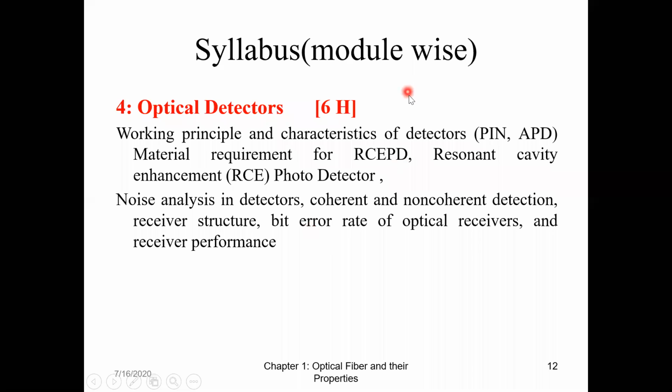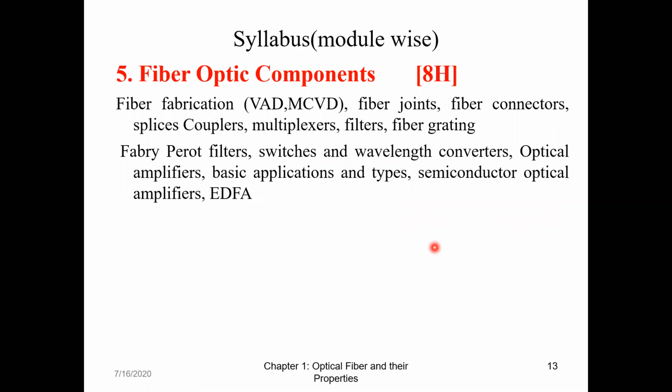So again, this module number 4 is from the book of Harold Kolimbiris. The first 2 modules you can prepare from Senior or Keiser. Modules number 3 and 4 will be from Harold Kolimbiris. The fifth one is your fiber optics components. So if you are going in the next semester for fiber networking as an elective, you should understand all